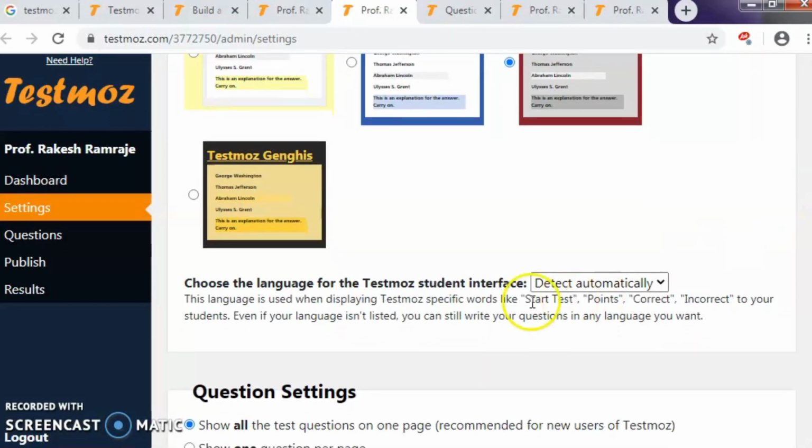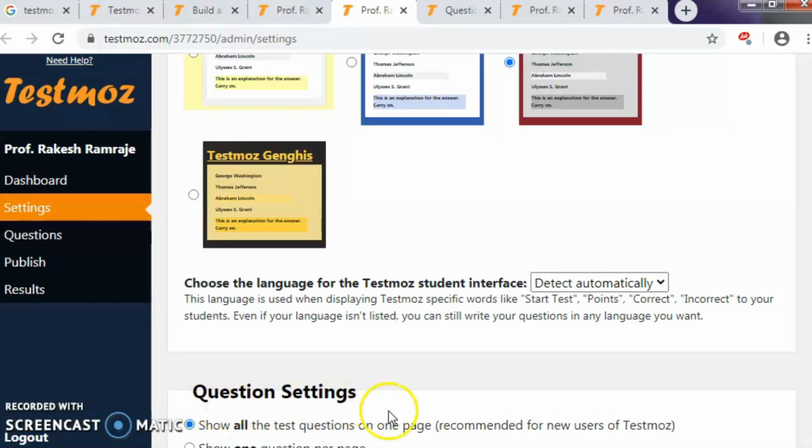You may take any one color for your test paper. Click onto that color. Then you may choose the language for the TestMoz student interface. So it is detected automatically.